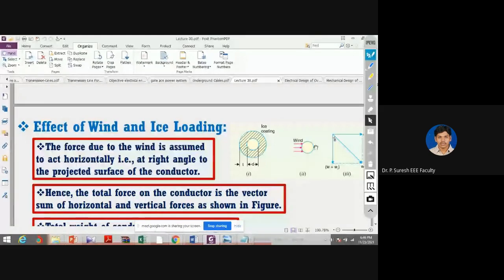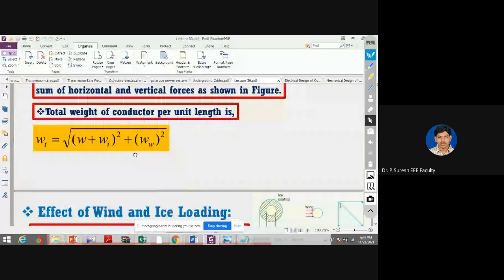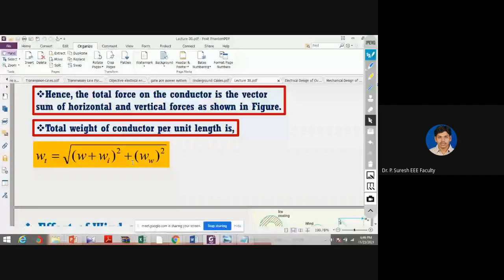At that time, what is the sag? And also we need to consider wind. Always the wind force acts horizontally. At that time, what is the sag? We will get the slant sag, that is what we call S cos theta. So this is the formula for total weight of the conductor when considering weight of the wind and weight of the ice. Weight of the ice is always downwards, weight of the wind is always horizontal. So see these values: weight of the wind, weight of the ice plus weight of the conductor. Finally, we will get the total weight like that.